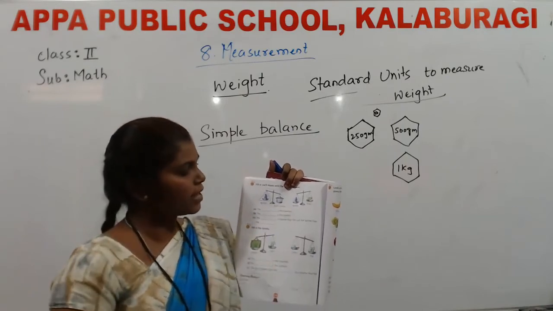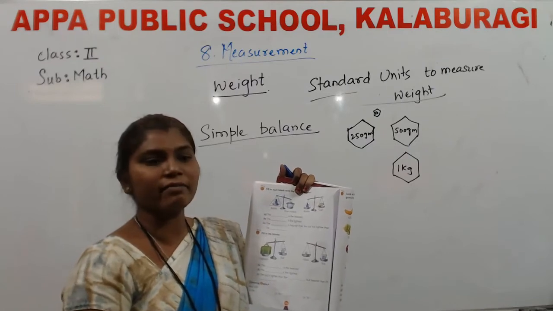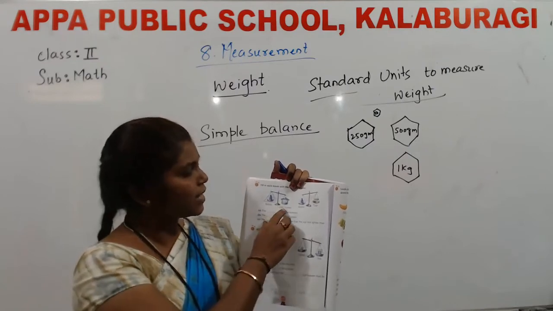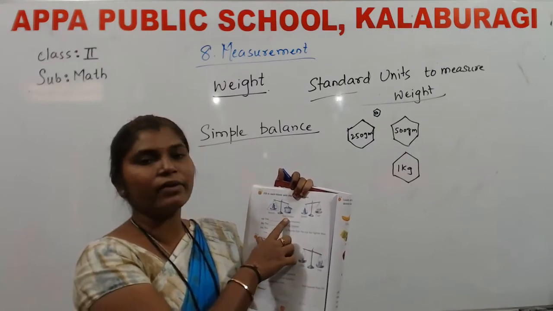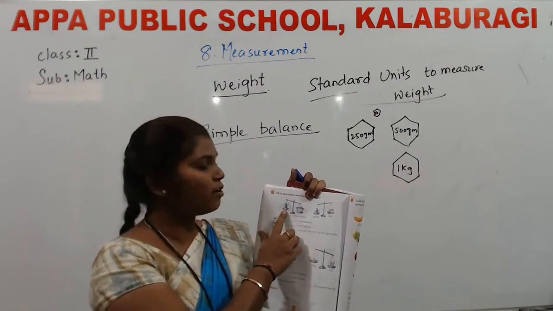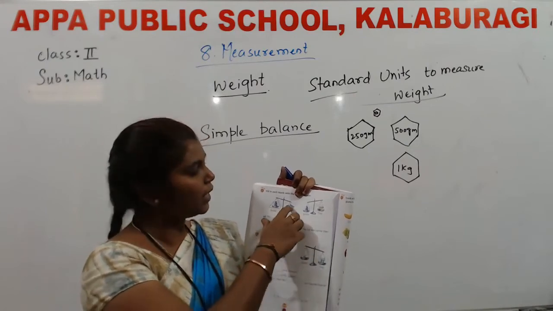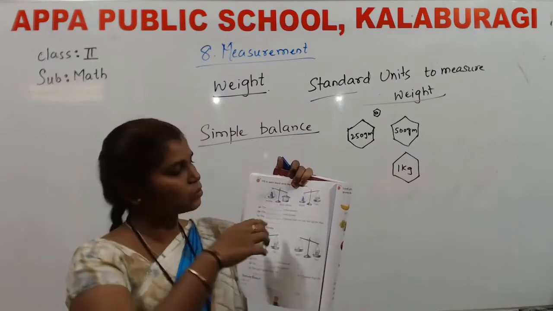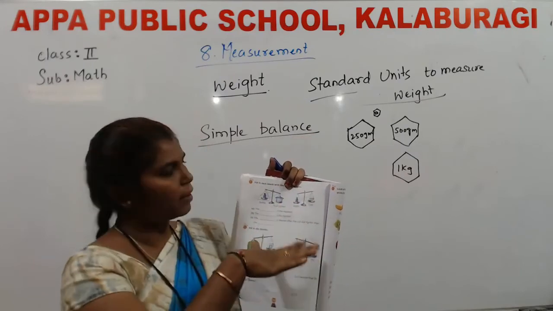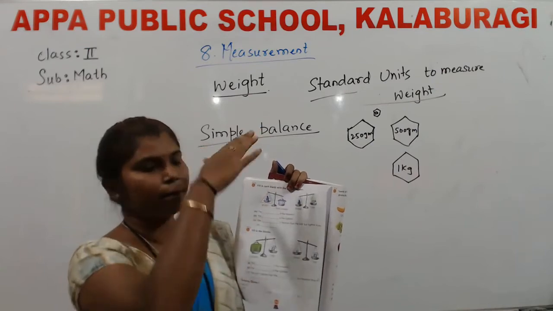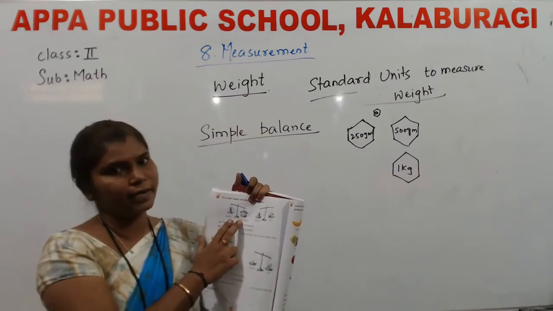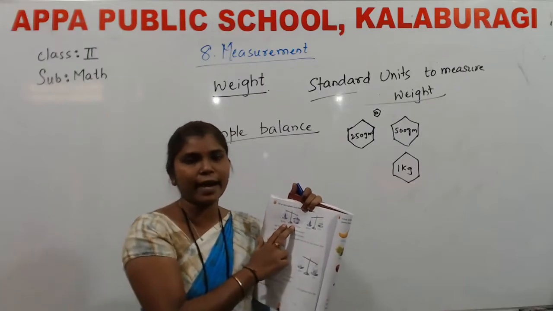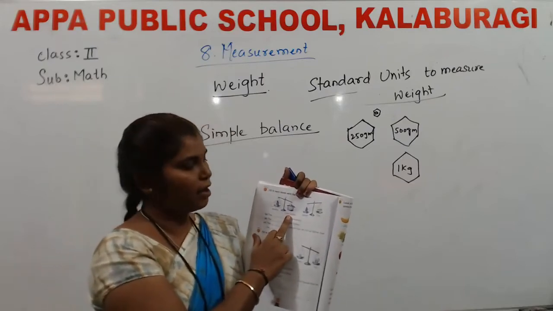Now, which is the heaviest? Can you just determine which is heaviest? Yes, the rice cooker is heaviest because the weight of the rice cooker is more than the weight of the bottle. So the pan has moved down. Here you can see in the picture, the pan of the rice cooker has come down and the bottle has gone up. This indicates your rice cooker is the heaviest.